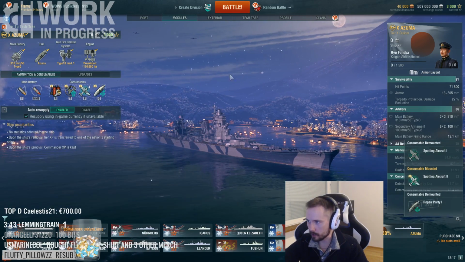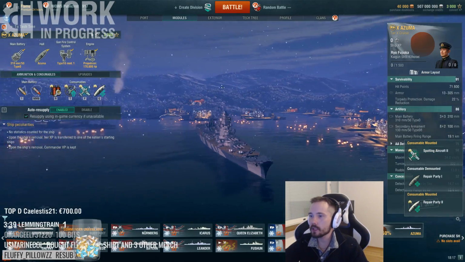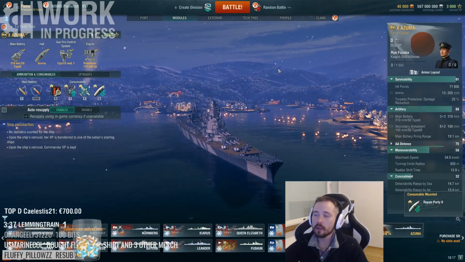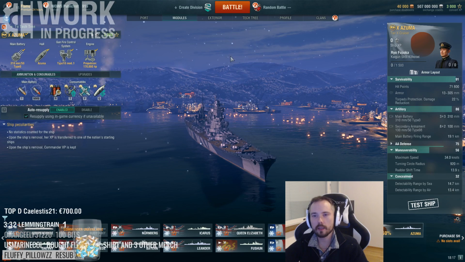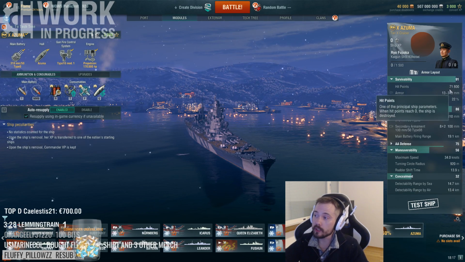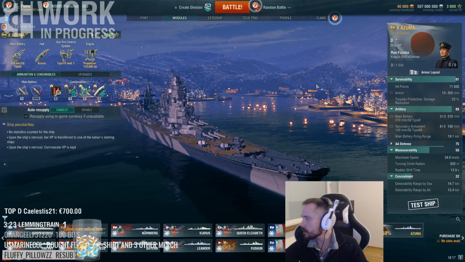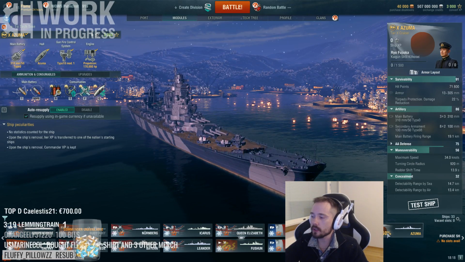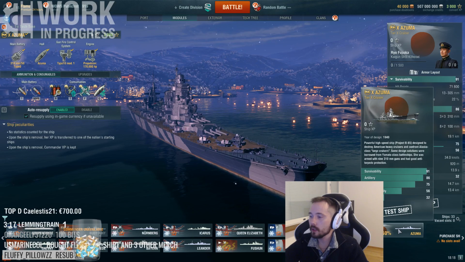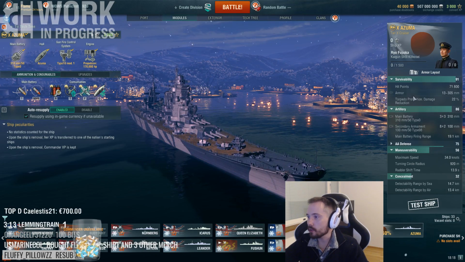Pretty decent healing, yes. Health 71.8k. That is certainly significant. Alaska has 60.8 and Kronstadt has 71.5. So at 71.8 it's actually the king of the health, by a very small margin, but still the king of the health. Torpedo protection 22%. I don't know if that really coincides with... And good anti-torpedo protection. I'm not sure how 22%...